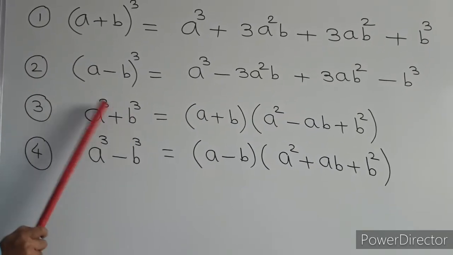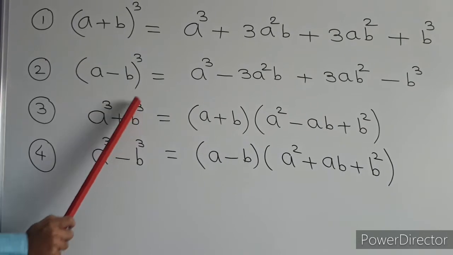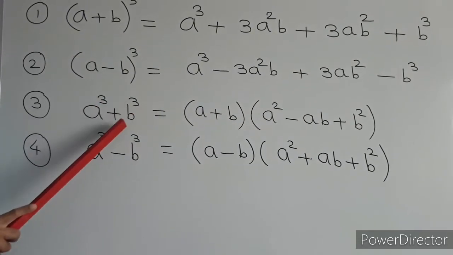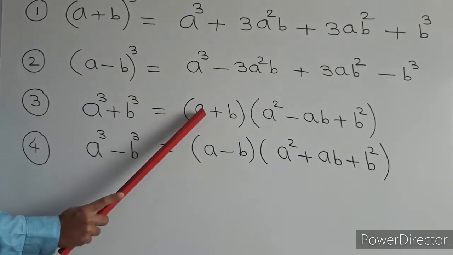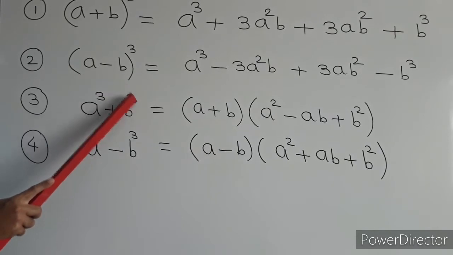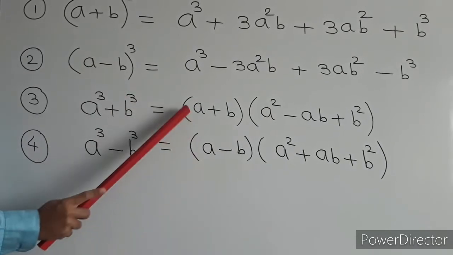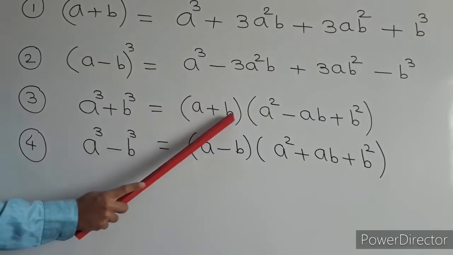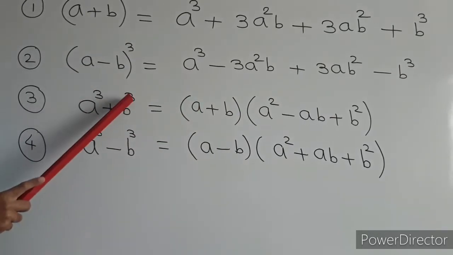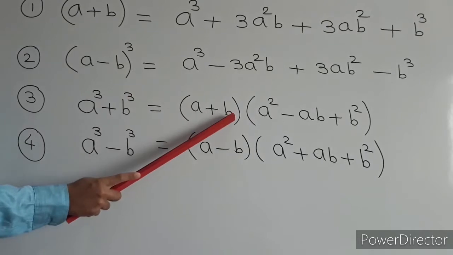So a cube plus b cube. How is it written? Cube root is taken of this, cube root is taken of this. Then what remains here? a plus b remains. In short, this cube and this cube are going to be cancelled, so the answer remains a plus b. If you remove the cube from here, we'll get a here. If you remove the cube from here, we'll get b here.